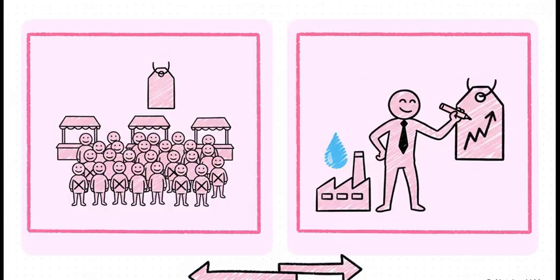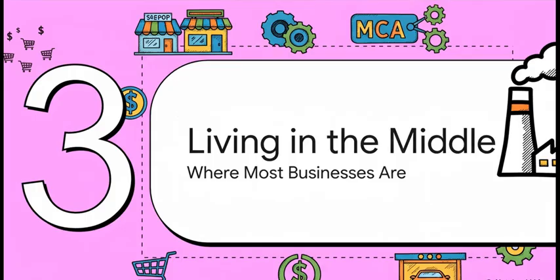So you see the difference, right? It's night and day. On one side, tons of companies with zero power. On the other, one company with all the power. It's a perfect illustration of how the amount of competition literally changes the entire game. Okay, so those are the two extremes, but let's be real, most of the businesses you and I deal with every single day live somewhere in that middle ground. So let's zoom in on our spectrum and check out the places we know best.